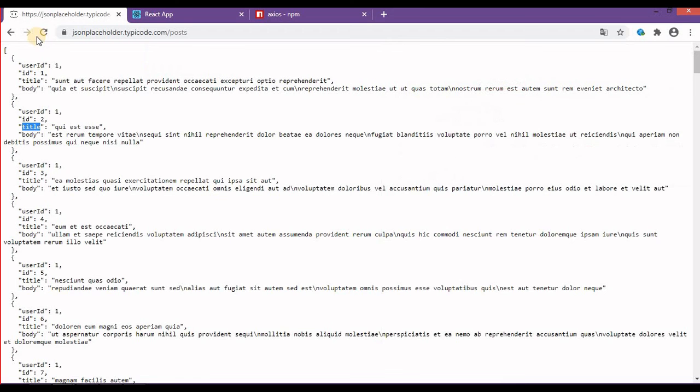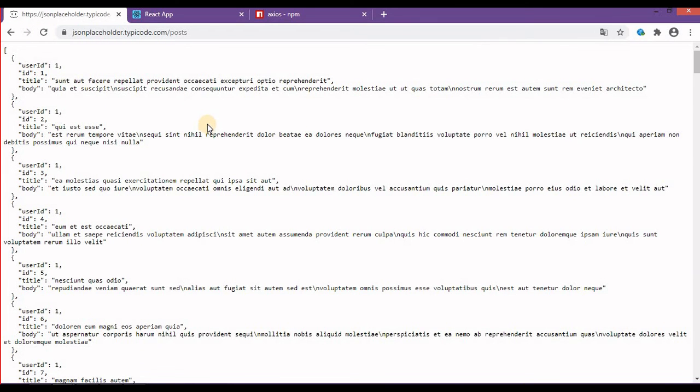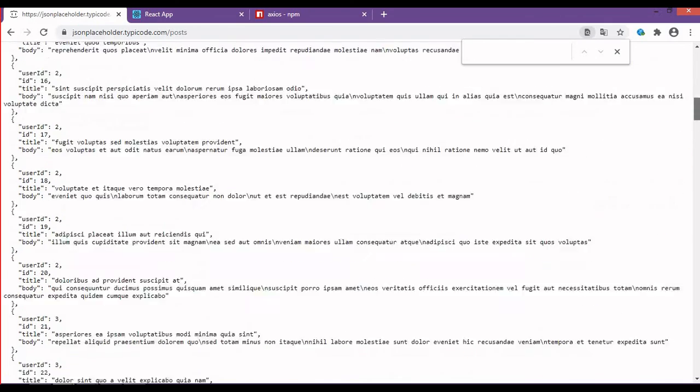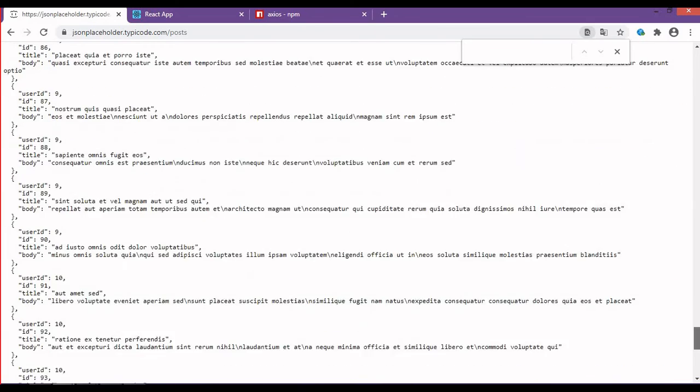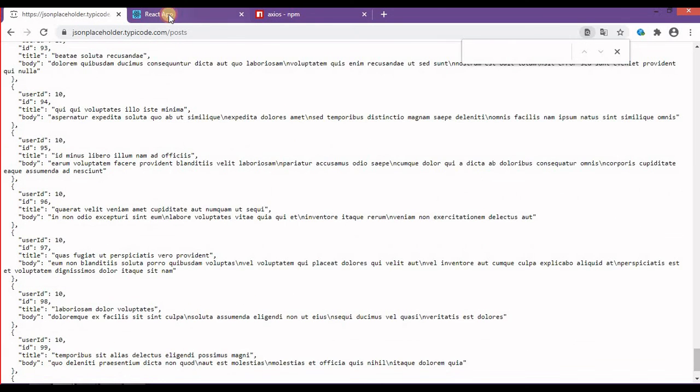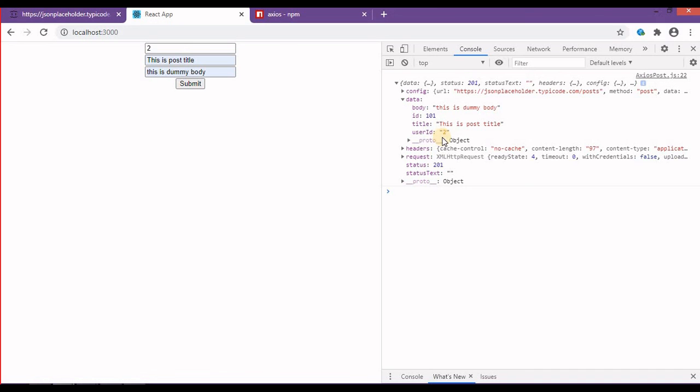Now if I go back to this file again and search for 101, maybe, okay, let's check the unique ID over here.